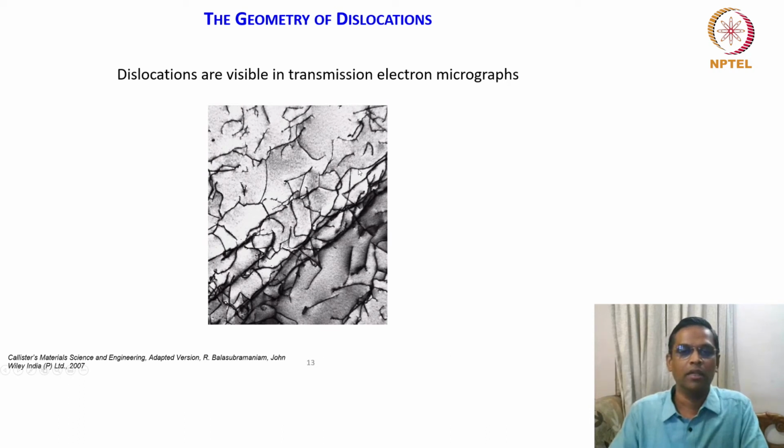Because we just said that edge, screw and loop, and this doesn't give that kind of feeling. It gives a much more chaotic picture, right? If you want to analyze some of these lines, like whether it is a loop or whether it is an edge character or screw character, this requires further analysis, but it can be done. That is a different field itself, analysis of a dislocation in TEM.